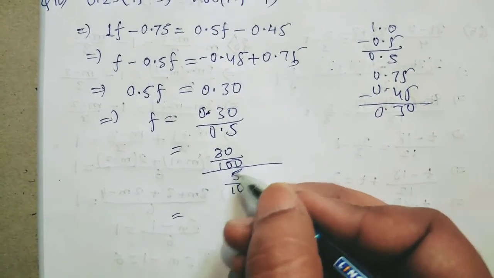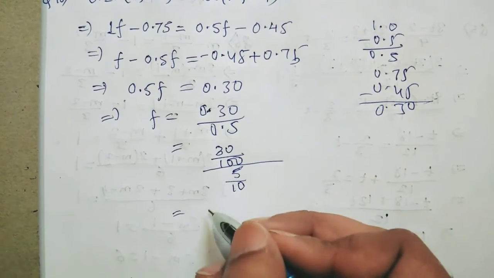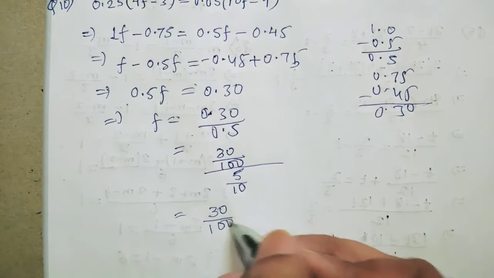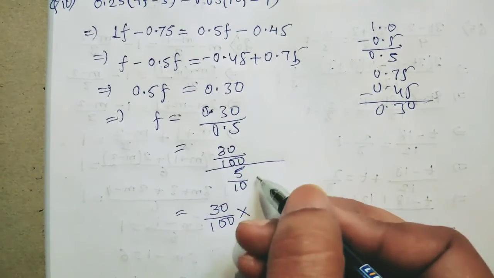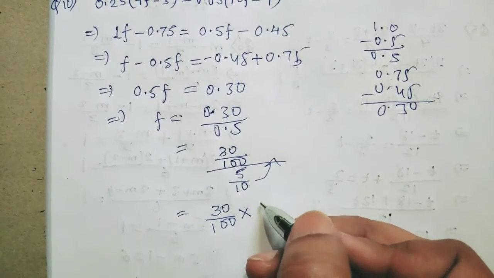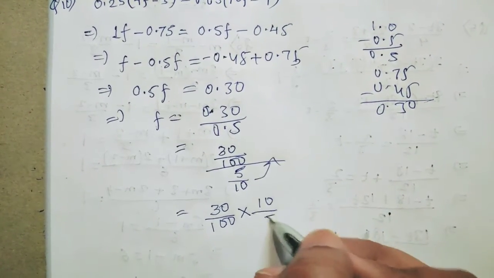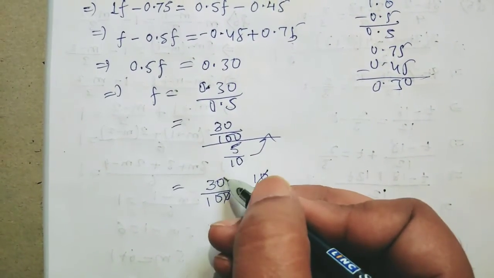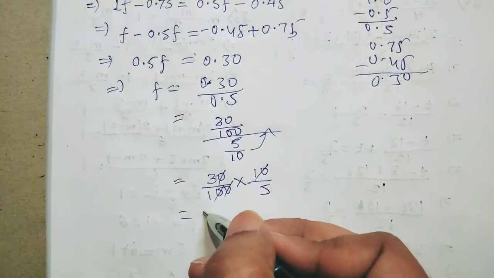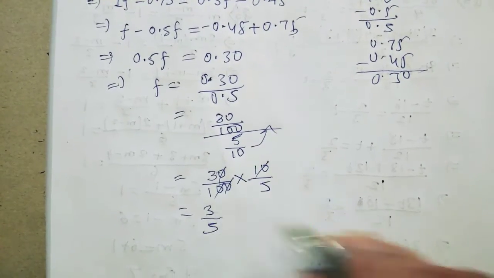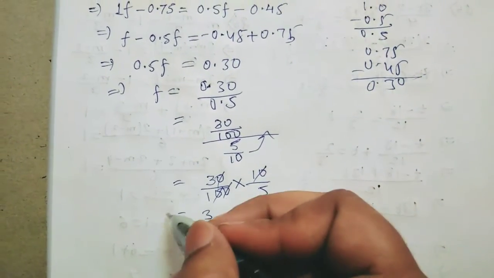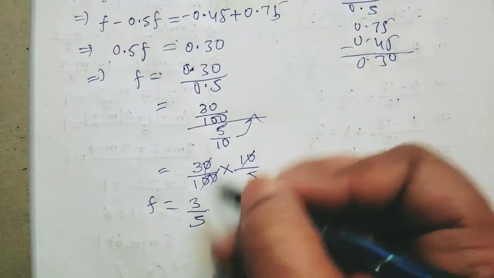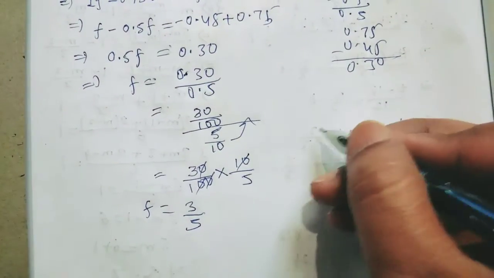Now you have to reverse this denominator, you know this, I have already taught you all these things. So 30 by 100, you have to give multiplication here and this will reverse, go upward, so it will be 10 by 5. Now this 0 0 cancels, here 0 0 cancels, the answer is 3 by 5. The f value is coming 3 by 5, but you have to convert it into a decimal because the question is in decimal, so you have to divide it.